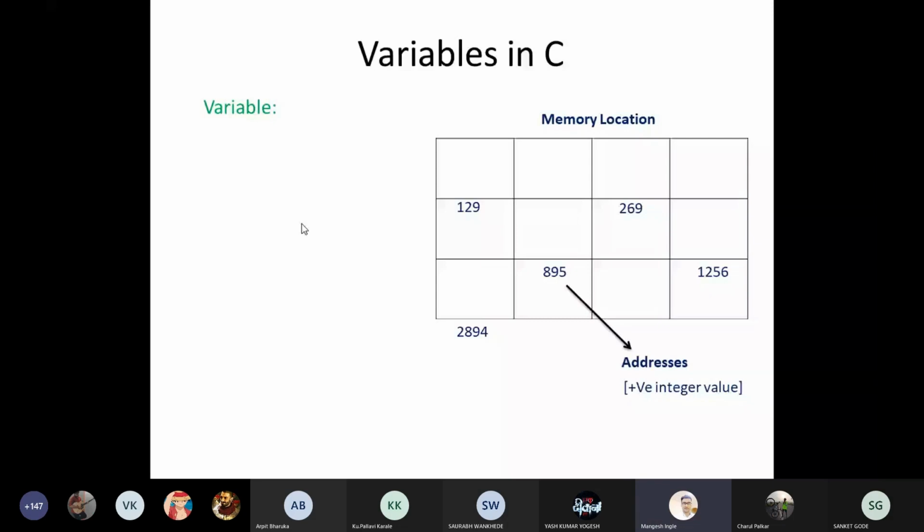The memory structure you can find is the same memory structure available on your system, on your hard disks, on your memory. That memory structure has some kind of blocks, as you can see on your screen, in the form of a table, and each block has its own address. That address you can find everywhere as a positive integer value.